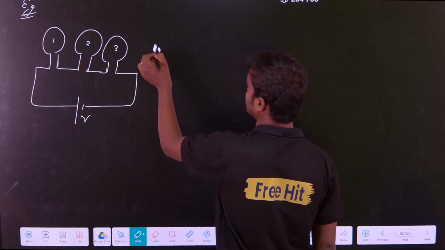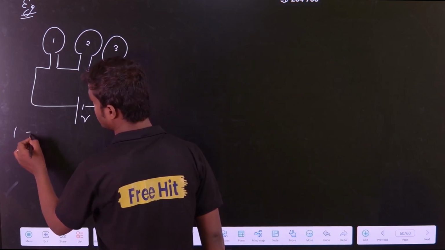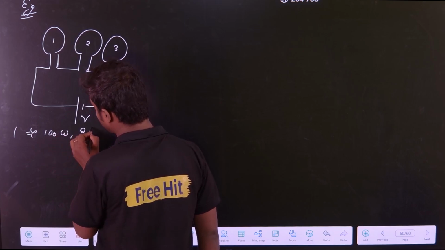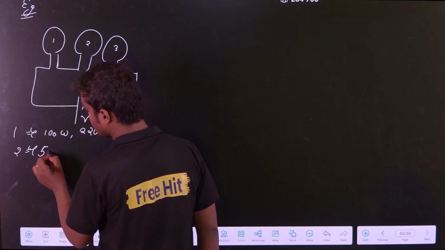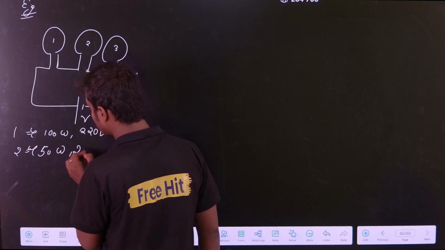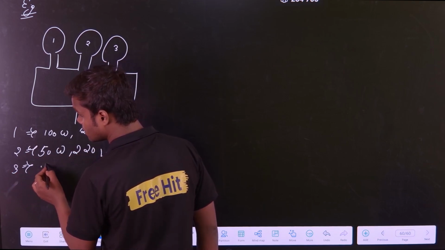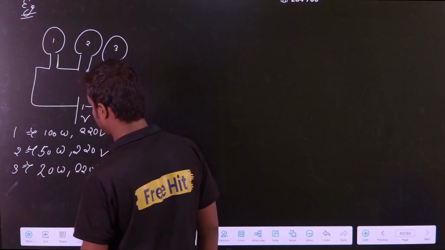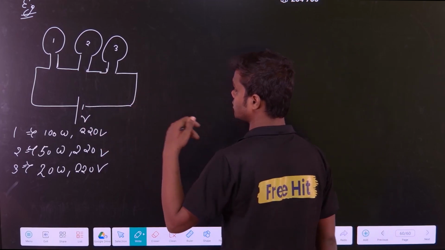What is the rating of each? There is a rating of the bulbs given. For the first bulb, the rating is 100 watt and 220 volt. For the second bulb, it is 50 watt at 220 volt, correct? And for the third bulb, it is 20 watt at 220 volt. So all these ratings are given and they are connected in series with a battery source